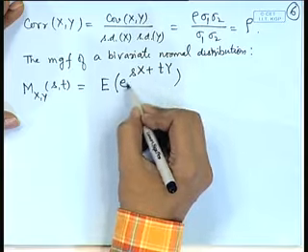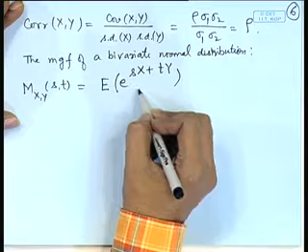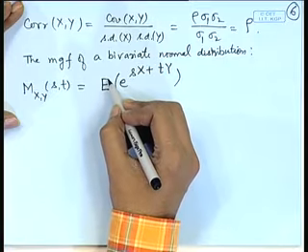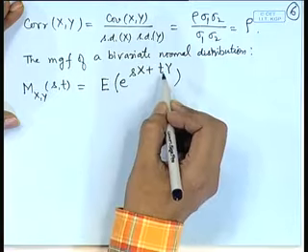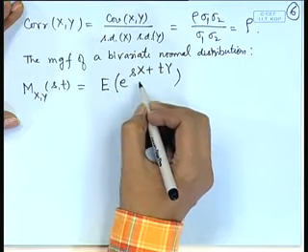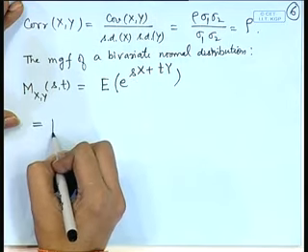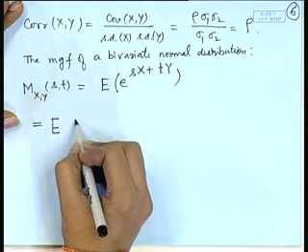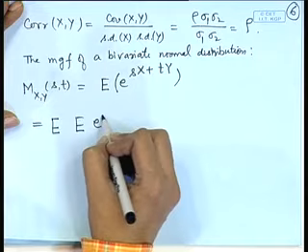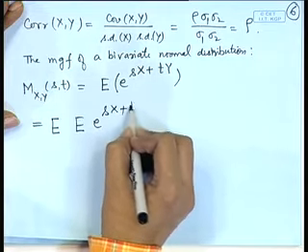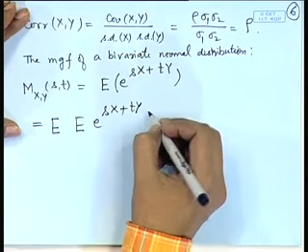Now, again you can see that this is some function g of x y. So, the joint expectation we can calculate easily in terms of conditional and the marginal expectations. So, we will use that, we can write it as expectation of expectation of e to the power s x plus t y given, say,